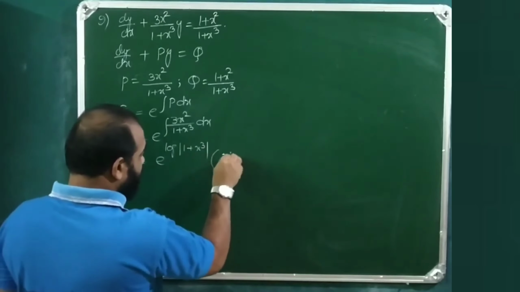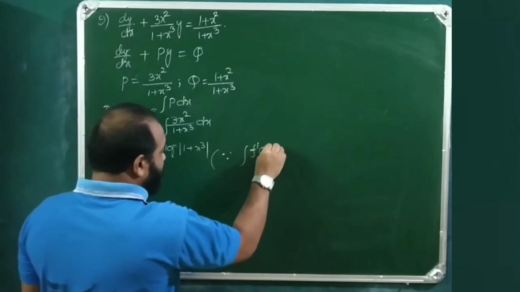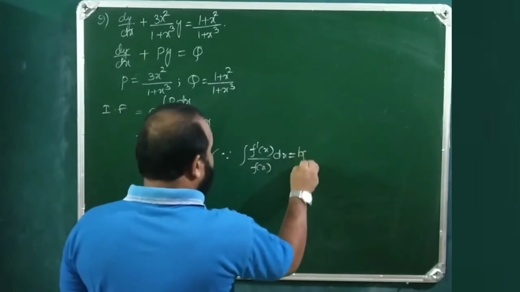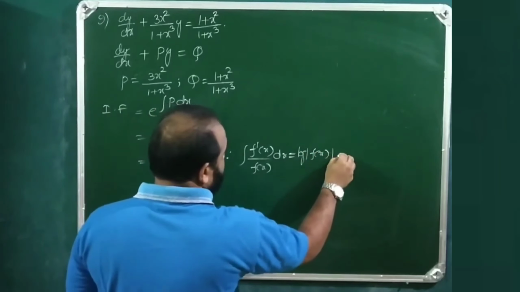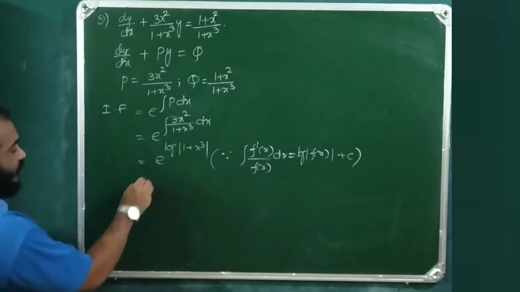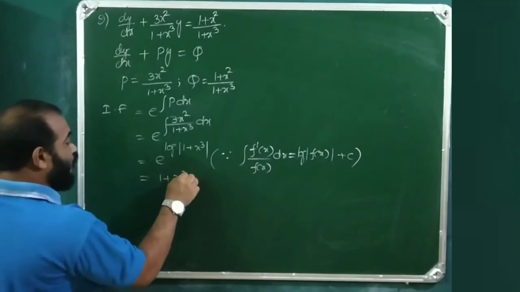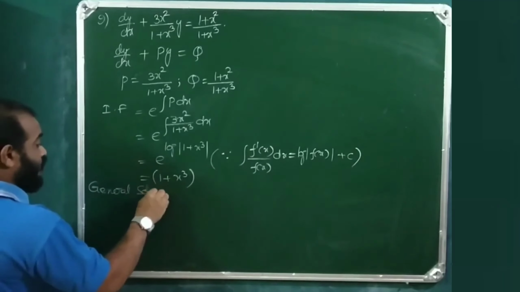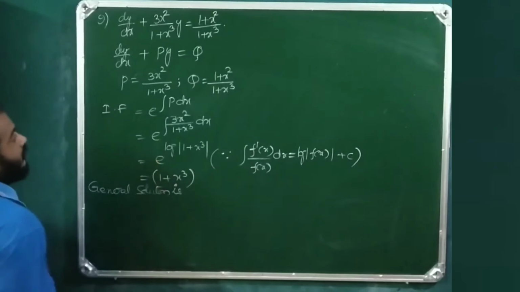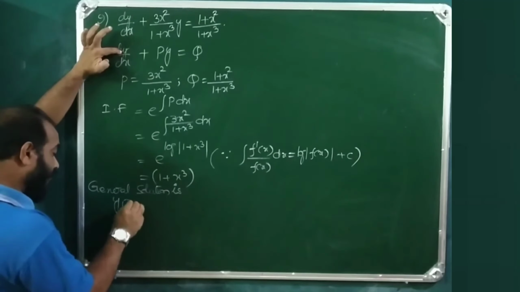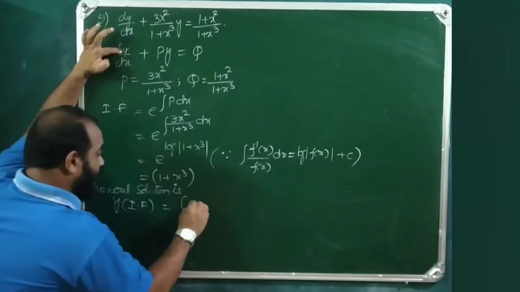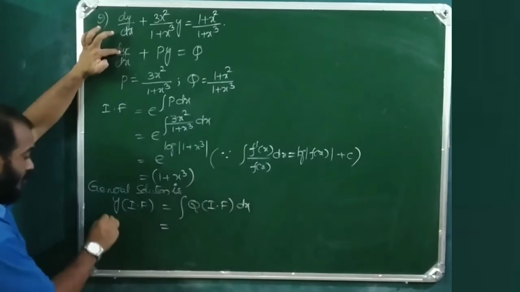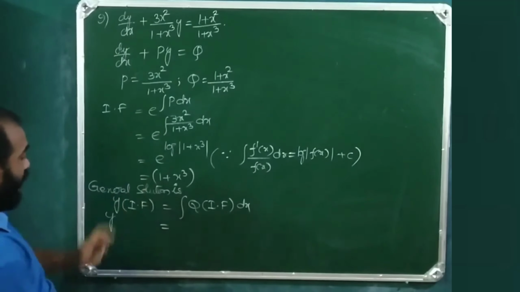Since integral f dash x by f of x dx equals log modulus of f of x plus c, the integral factor equals 1 plus x cube. Now the general solution is y into integral factor equals integral of q into integral factor into dx. So y into integral factor, which is 1 plus x cube here, equals